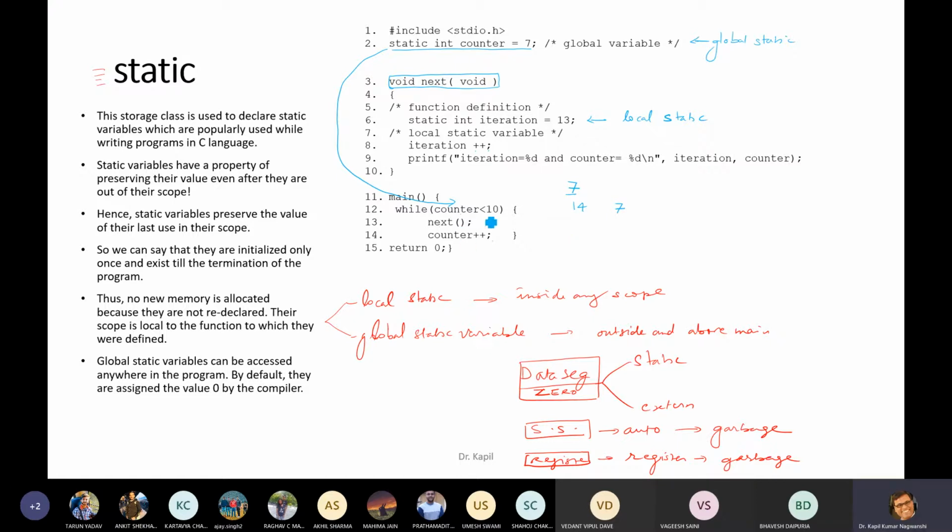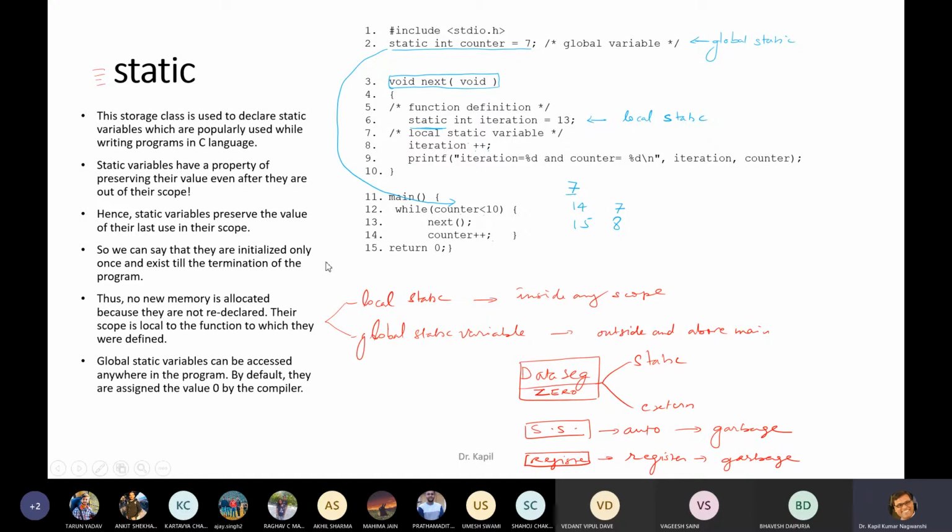Now come to this. Counter is less than 10. Yes, 8 is less than 10. Okay, 8 is less than 10. And then it will go to here and it will print what value, because static is written. Now, because I'm going here, it will automatically start from 13 and this will become 14 and again 14 will be printed. But now it will not print 14. It will print 15. So I will show you by running the program also.